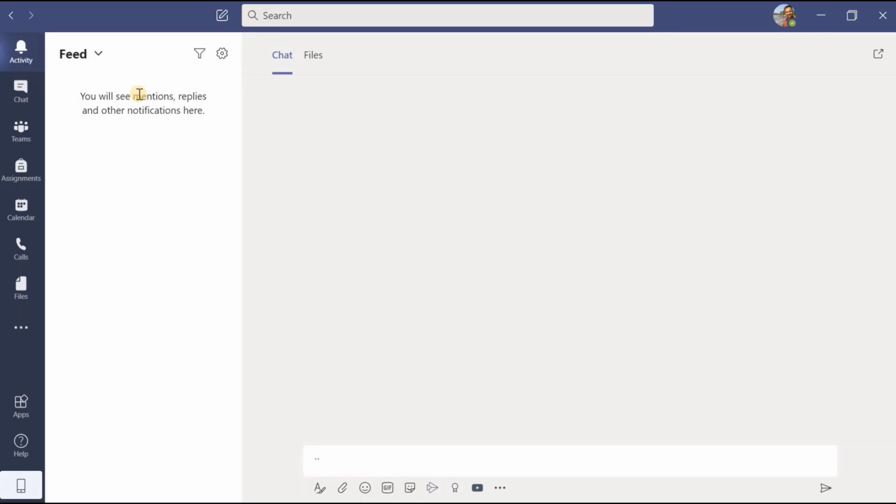This activity tab is similar to that only. Who has sent a message to you, who has scheduled a meeting, who has sent the meeting credentials to you, what you have done, which replies you have given, which messages you have sent, all those things will be shown here inside this feed as well as my activity.